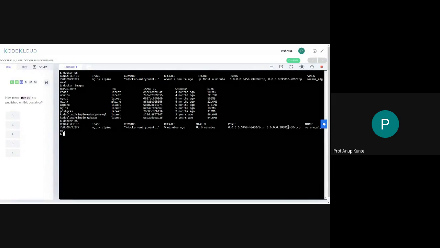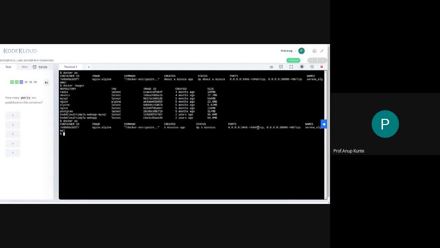If you see, these arrows map to the host port. Now the container is running inside the host machine, so the container will have its own ports, and your host machine will have its own ports. Host machine ports are viewable from the outside world, and the container ports are viewable inside the host. That is why these mappings are done, and these mappings show which internal port in the container is exposed to which port of the host machine. That is what you are able to see in this particular case.